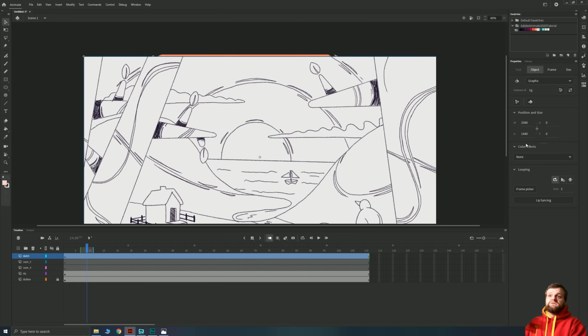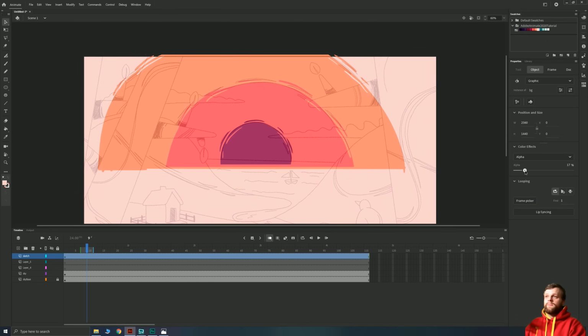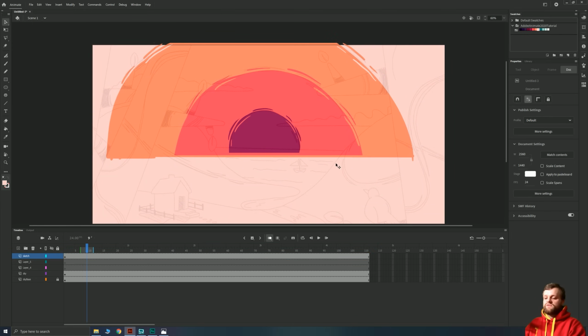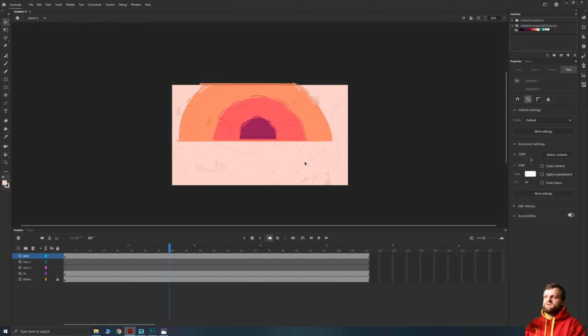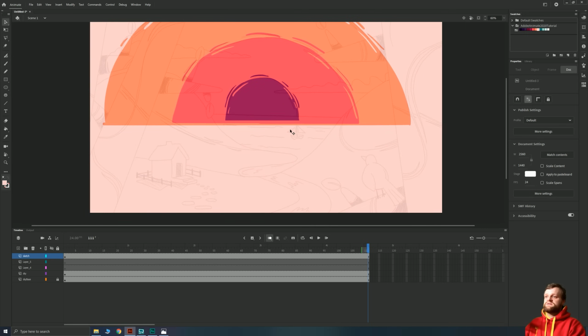The reason that I can do this is so that I can then reduce the opacity of it by going to Color Effects Alpha and dragging that down. And it will just allow us to see our sketch ever so slightly over the top of our drawn footage so that we can see how that looks in relation to the rest of the content that we're creating. That looks pretty good. The sky, I'm happy with that. Again, I would have spent a lot more time on it if this was for my own project, but as this is just for the tutorial, I'm not rushing through it, but I'm definitely spending less time than